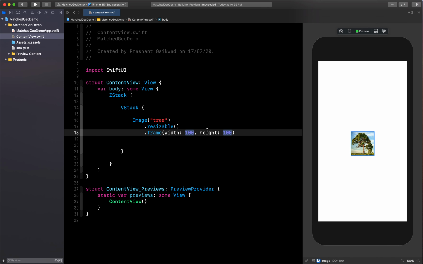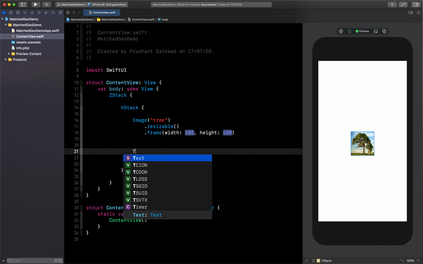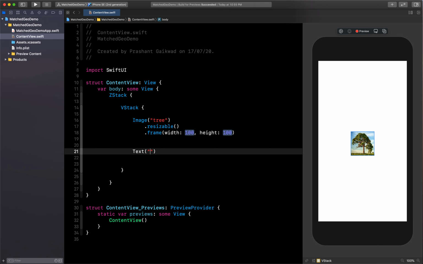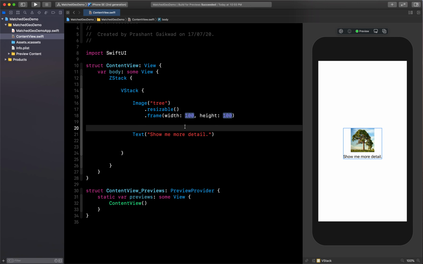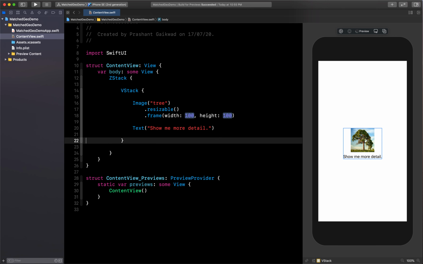Then after adding the image and resizing it with the frame, we can add our text at the bottom. Let's add text. You can add any text here, so we'll add something like "Show me more details". Then let's see if it is working fine. Okay, let me remove the extra spacing.